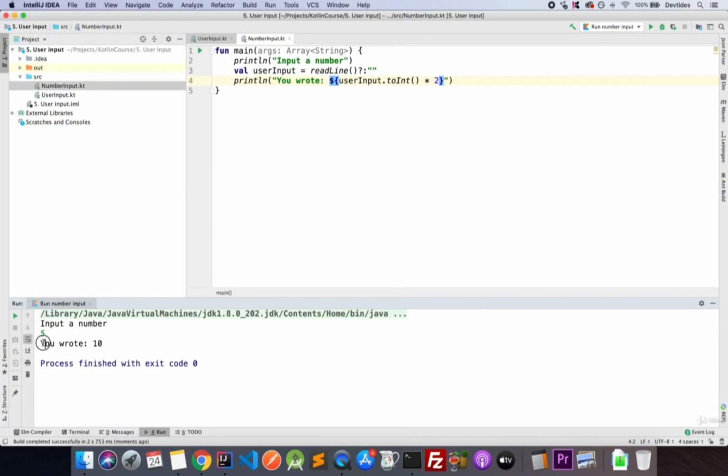Now, obviously, this is wrong. I didn't write 10, but you get the idea. I can use this value to write times 2. So I can put something like "double is" and multiply that by 2. All right, so I get 7, double is 14. So a simple math equation here, multiplication. I readLine that information that I put here, and I have this dot toInt to transform that input into a